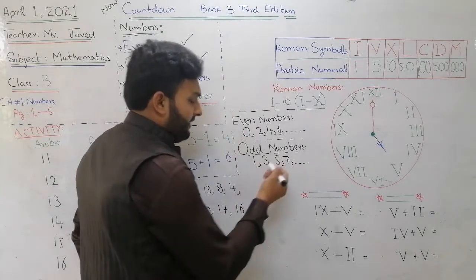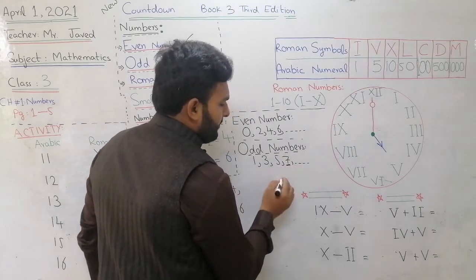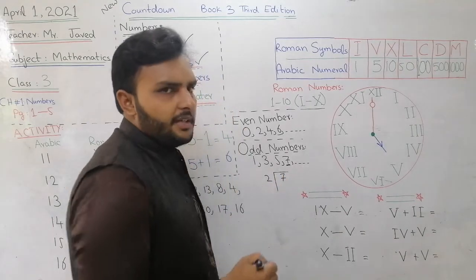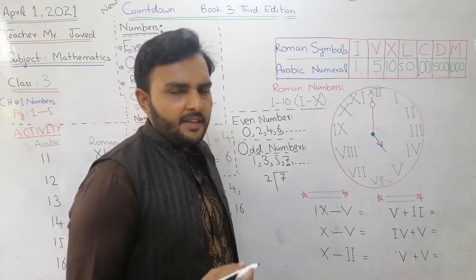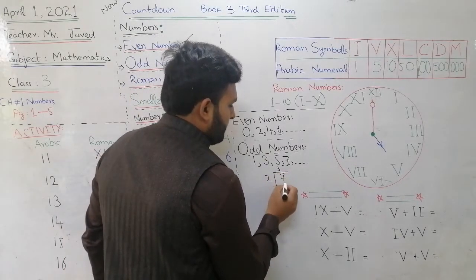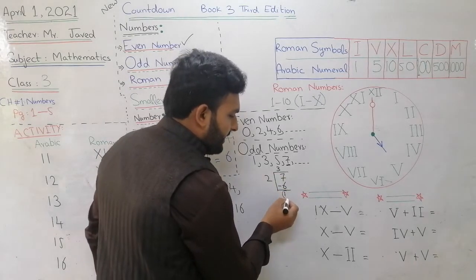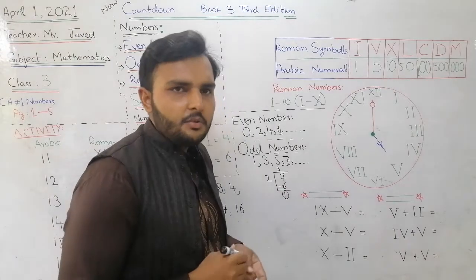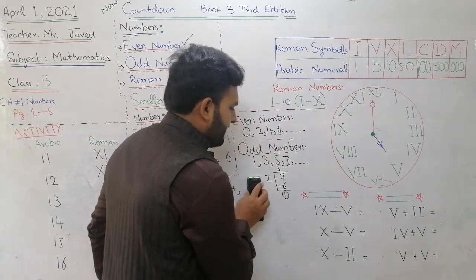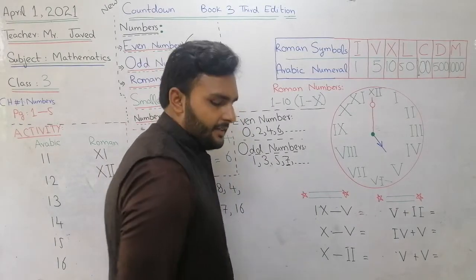If someone asks how you are saying that they are not divided by 2, take the number 7. 2 times 3 will be 6, and 2 times 4 will be 8, so that will be greater. So we will take 2 times 3, 6 will be there, and after that we will get 1. So the remainder is not 0. If the remainder becomes 0, then we say that it is exactly divided by the number. So this is not exactly divisible by 2, so these are called odd numbers.